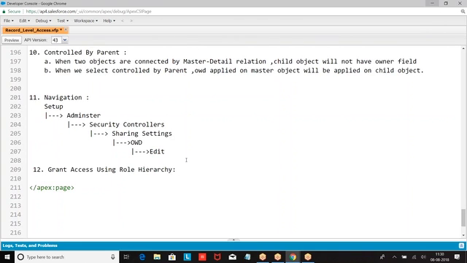Grant access using role hierarchy. What was this grant access using role hierarchy?